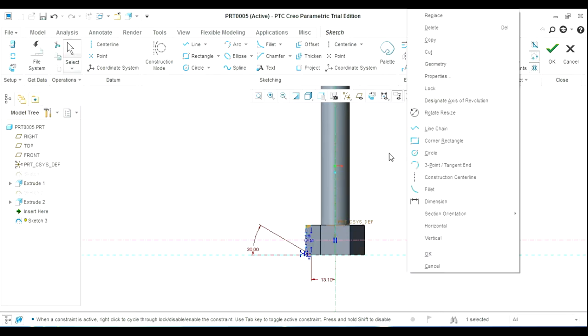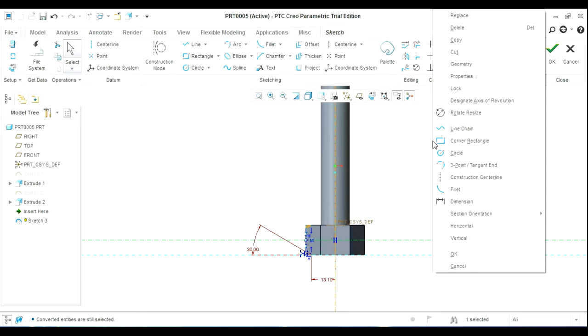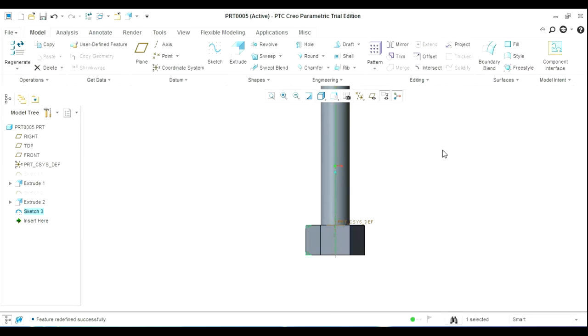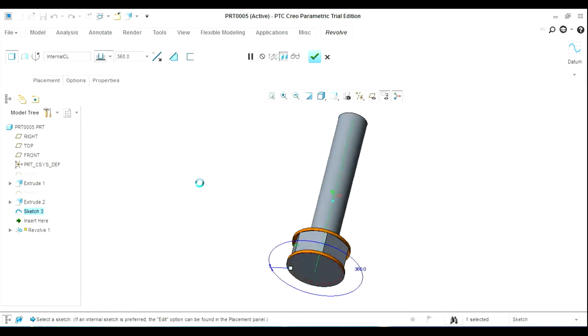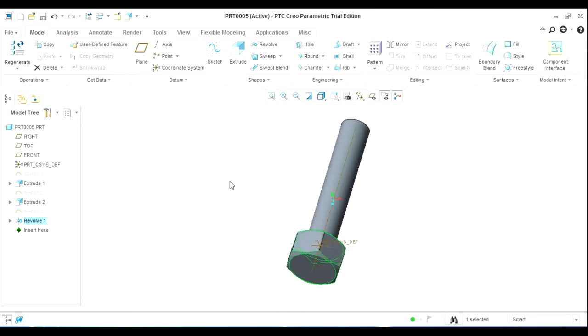Select the center line and mark this as a geometry center line. Then select another center line and mark it as a construction center line. And now go into the revolve tool. So the software will cut the feature.